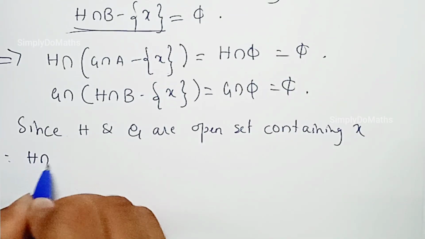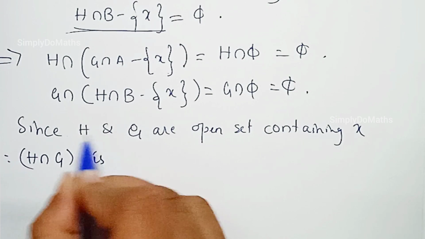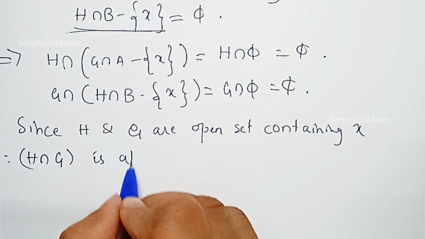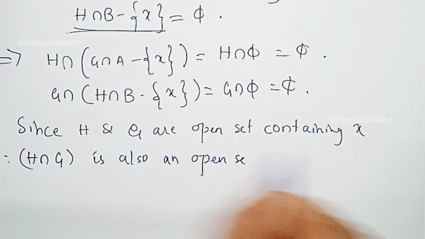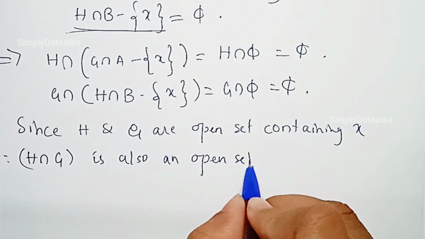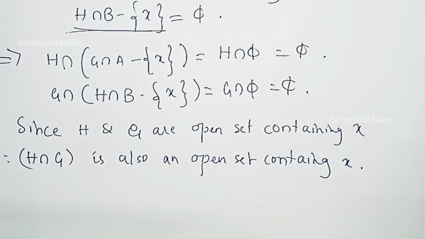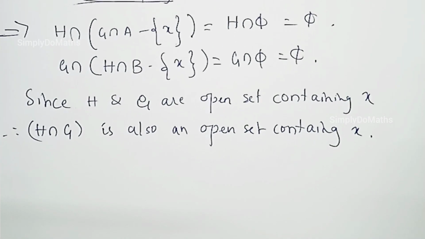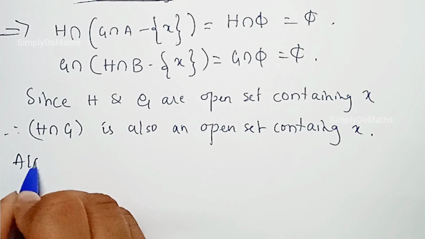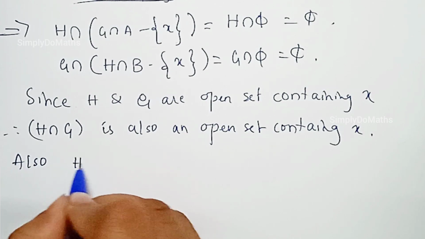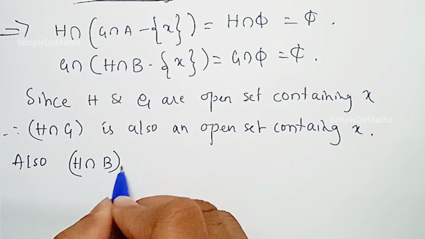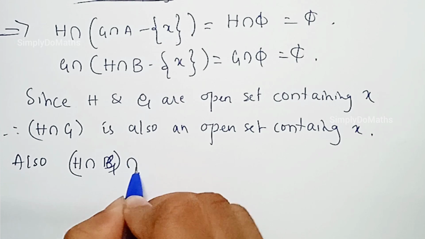Therefore, H intersection G is also an open set. H and G both are open sets, so H intersection G is also an open set. Both are containing X implies H intersection G also containing X. Also, now I am considering H intersection G intersection